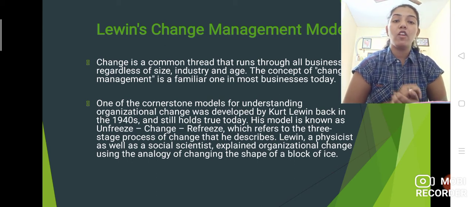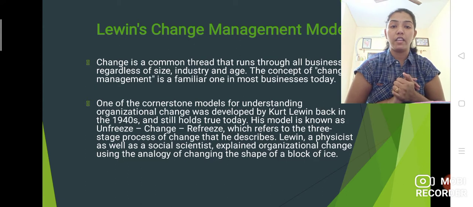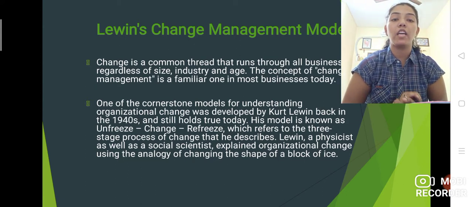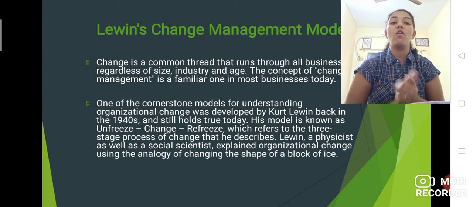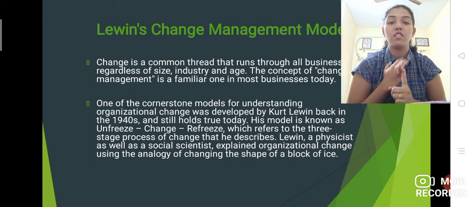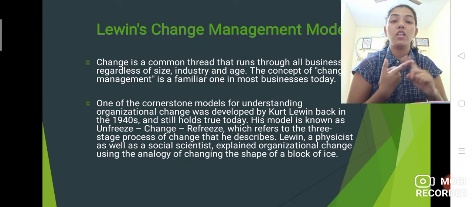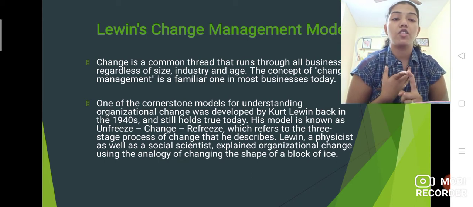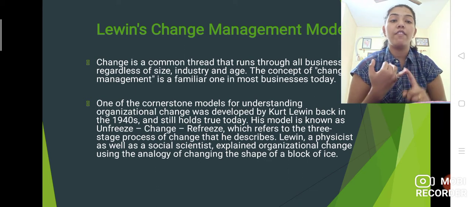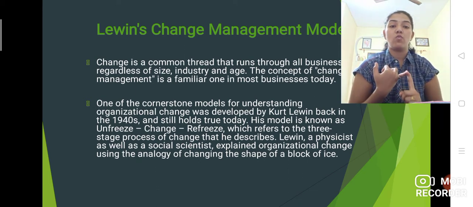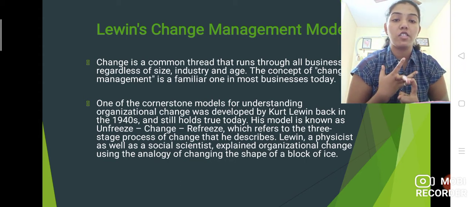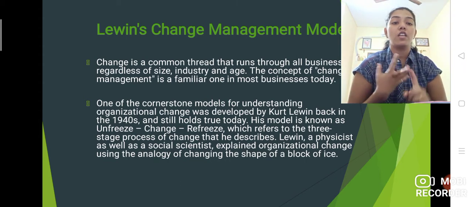One of the cornerstone models for understanding organizational change was developed by Kurt Lewin back in the 1940s and still holds true today. His model is known as unfreeze, change and refreeze, which refers to the three stages of the process of change that it describes. Lewin, a physicist as well as social scientist, explained organizational change using the analogy of changing the shape of a